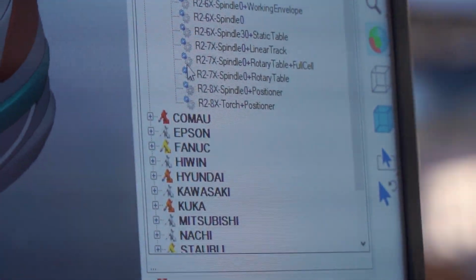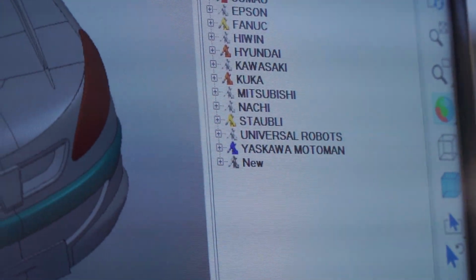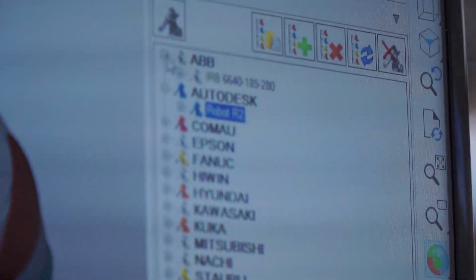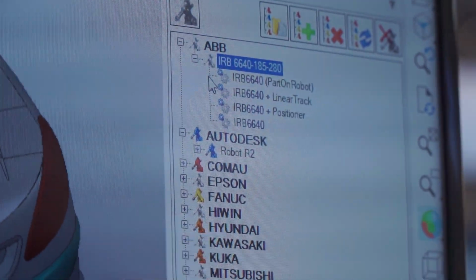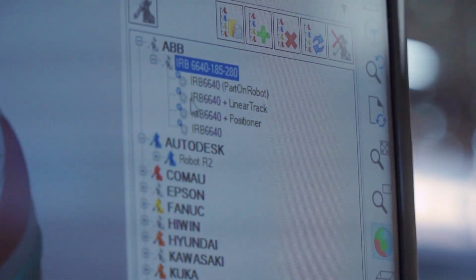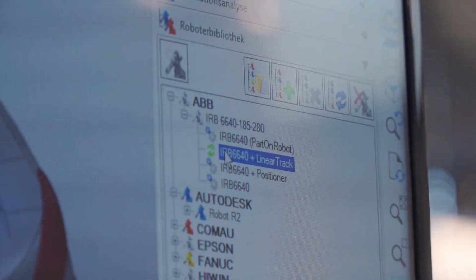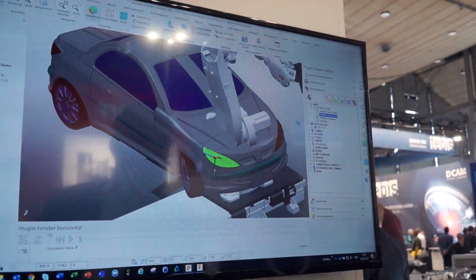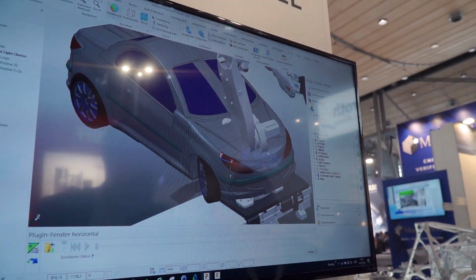You don't do Autodesk robots? What robot do you have? ABB, Fanuc, Kuka. Okay. Let's have an ABB robot, for example. That could be on a linear track, for example. Let's take that. As a next step, the robot is being loaded,